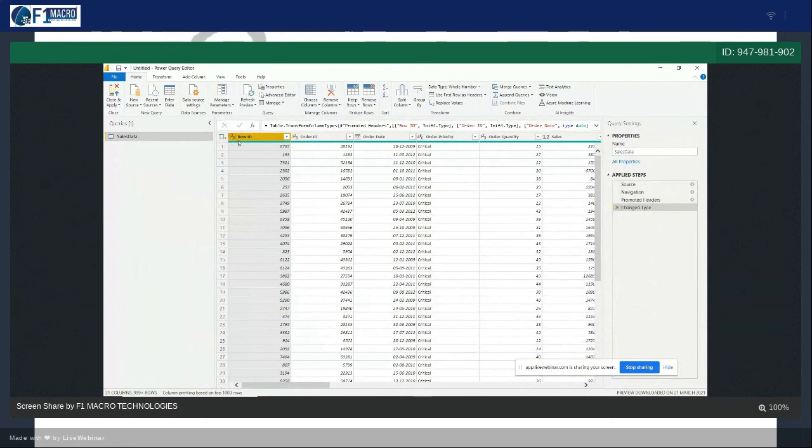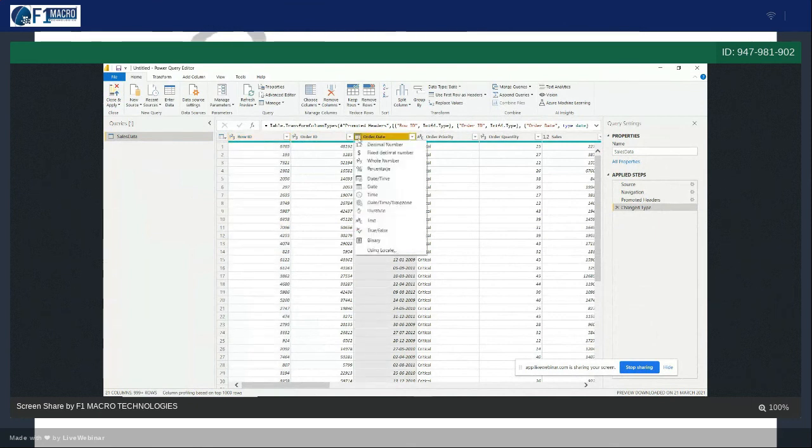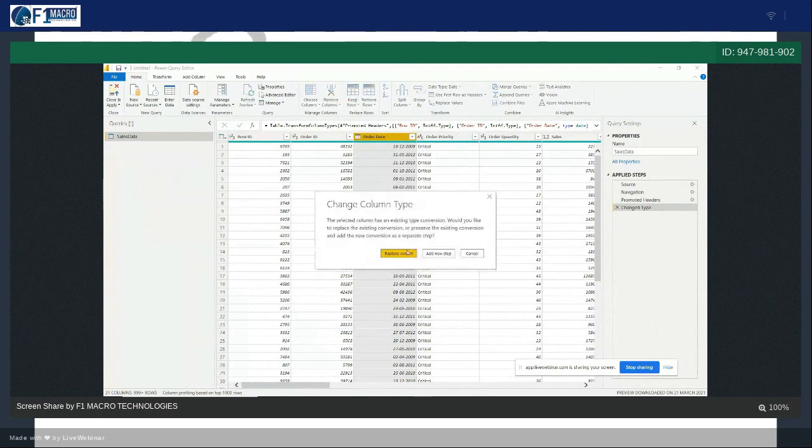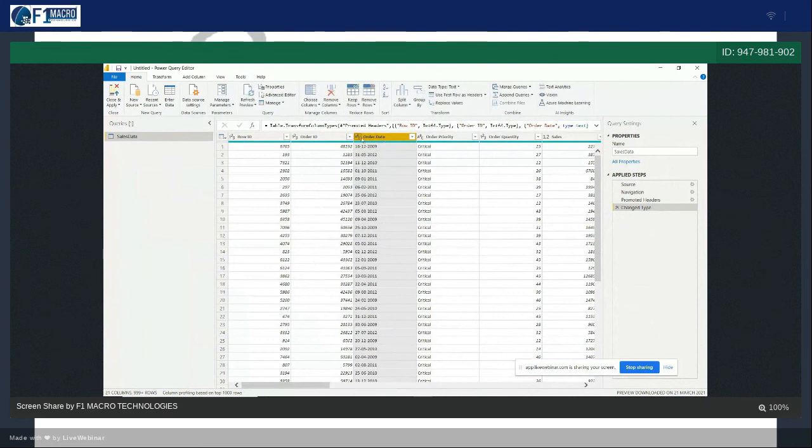When I say data type, if it is coming as 1, 2, 3, it means it is a number, and we want this column as a number only. If it is a date, it will show as a calendar. If it is coming as text, for example, let me convert this to text. I have just converted this to text. It is coming as ABC. It should not be text, it should be calendar. So I will change this to calendar. And how can you change this? You just have to click here and change this to date.